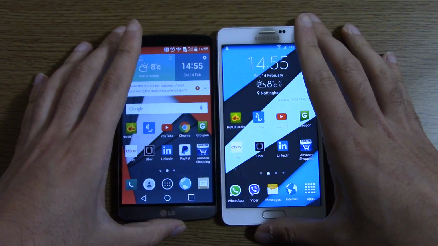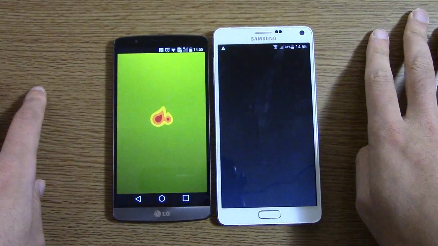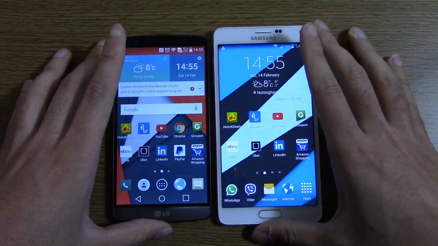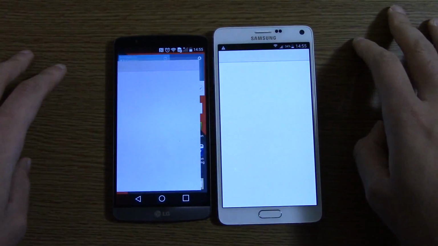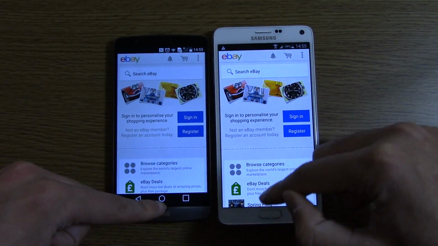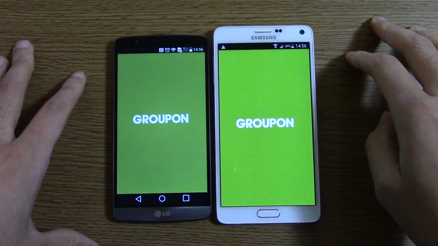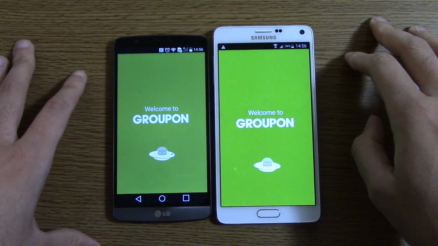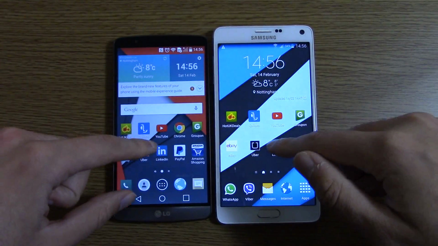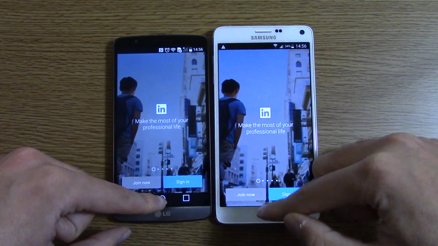So we can see here straight away the G3 looks like it's very quick compared to how it was. I can certainly perceive the difference anyway. But I think that the Note 4 is still benefiting when it comes to the more optimized or faster processor. Very nice there on the G3 though, and we can see LinkedIn about the same,